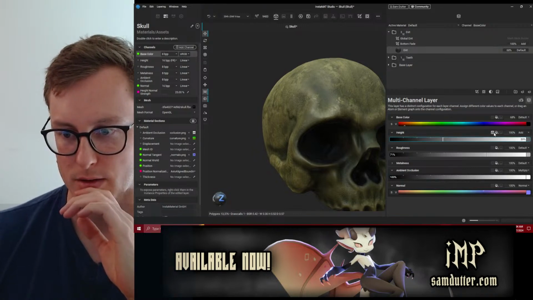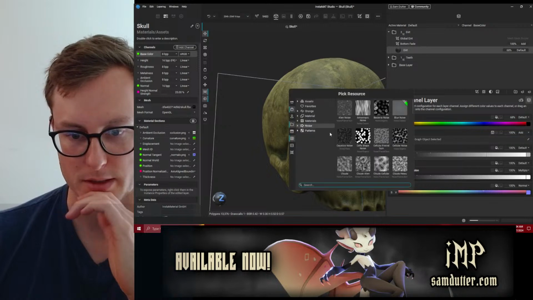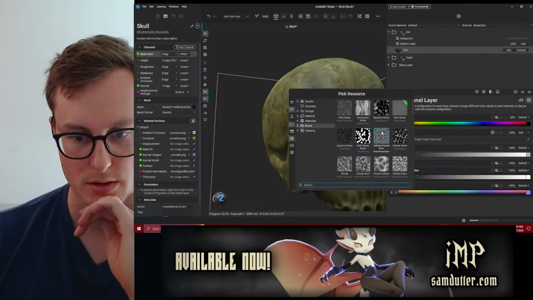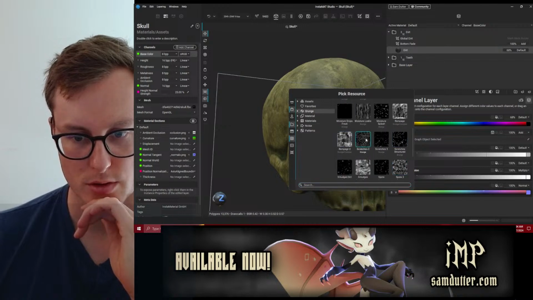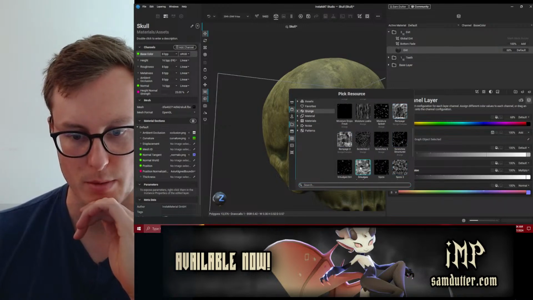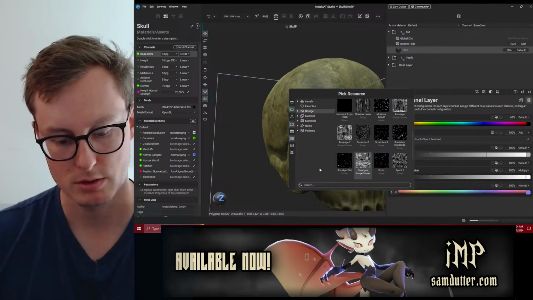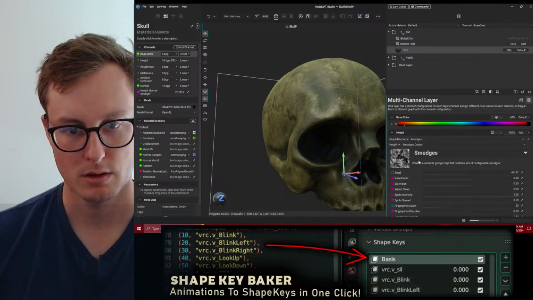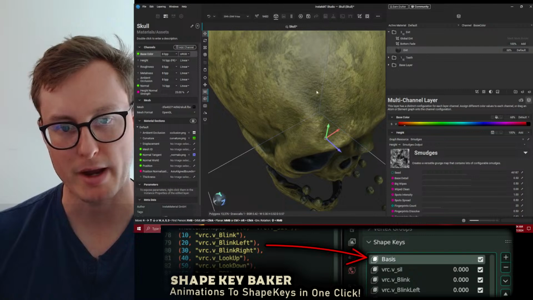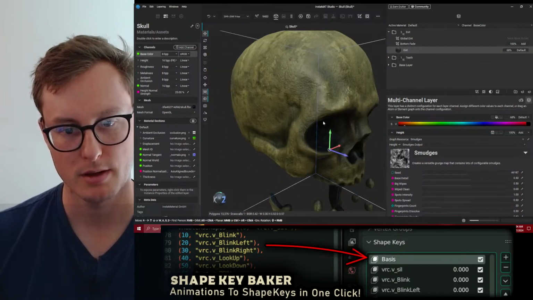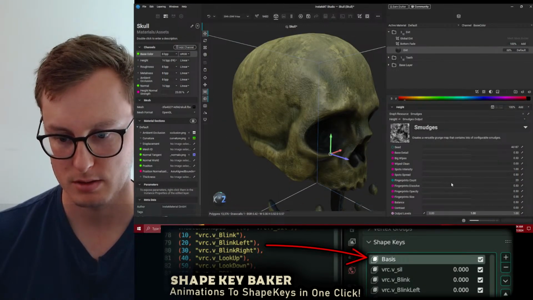In fact, in here, I'd probably want to also replace this with a noise of some sort. Do grunge. Rampage smudges. Let's try that. That just gives some more micro details inside of the height we're looking at.